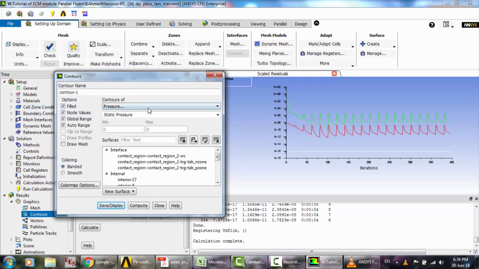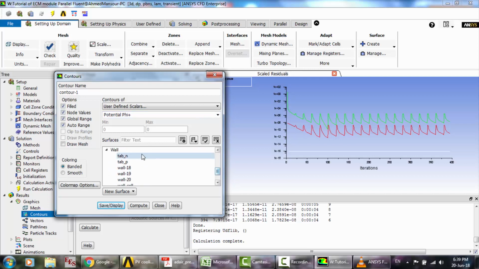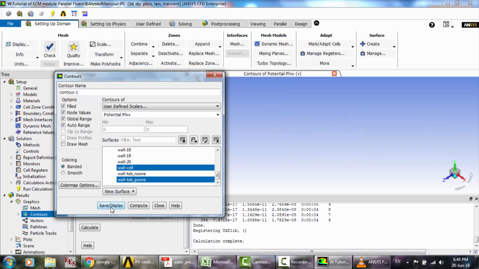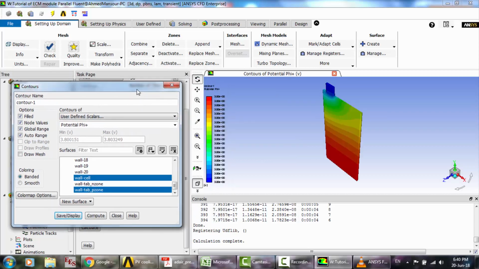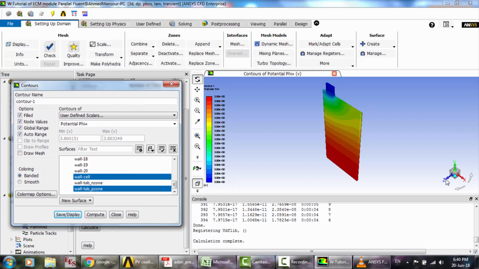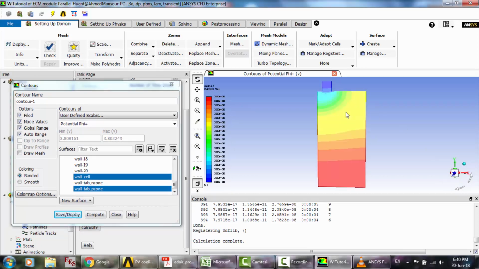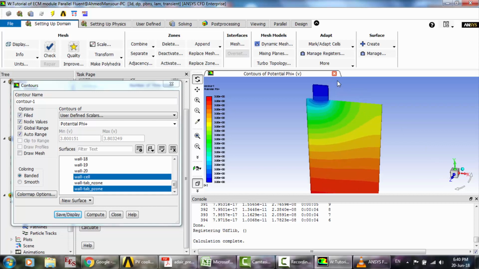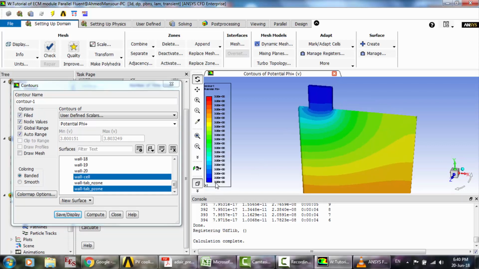Okay, so let's go and see the contours. Go to the scalars, potential, positive, tab positive, hold tab positive, and the cell zone, and then display. So we have here, okay, find here is 3.8, okay,